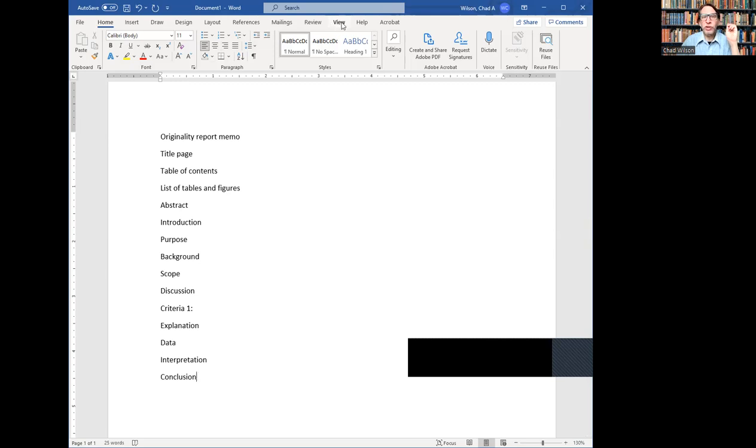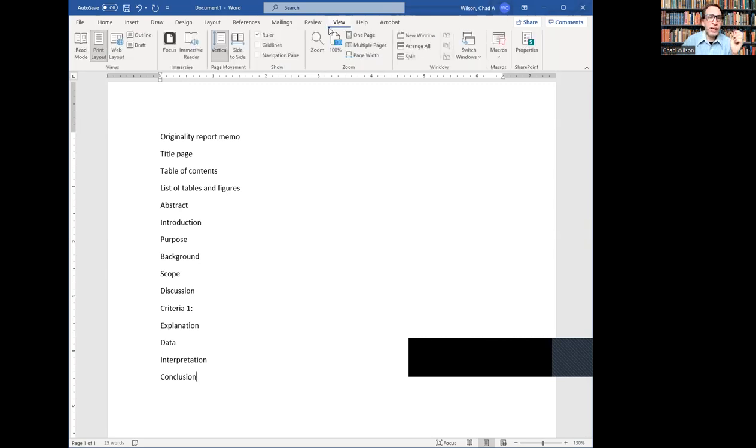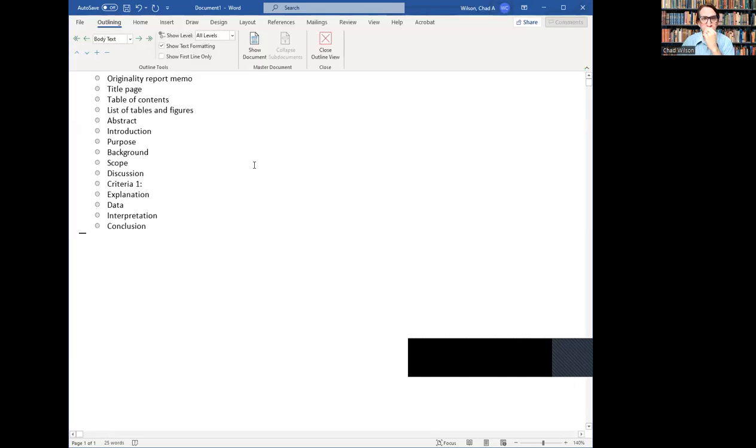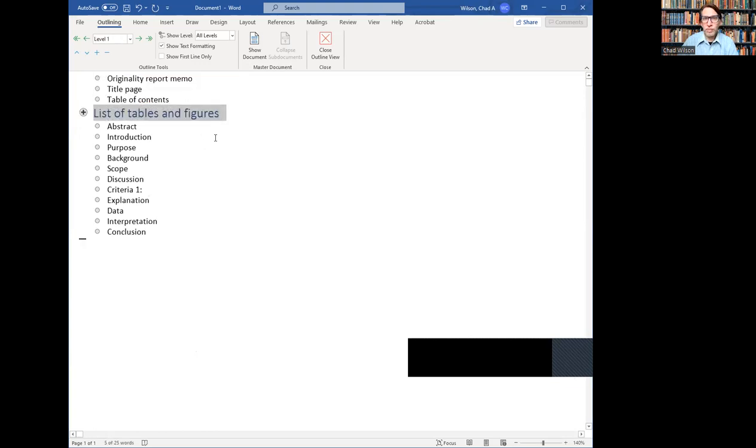And how I want to do that is I want to go to View and go to Outline View. Okay, so View, Outline View. Anything that's going to go into our table of contents, we want to make a heading 1. So the list of tables and figures, we want to make a heading 1. And all I can do is grab it and move it. And you can see here it says level 1, or I can click on it and click all the way